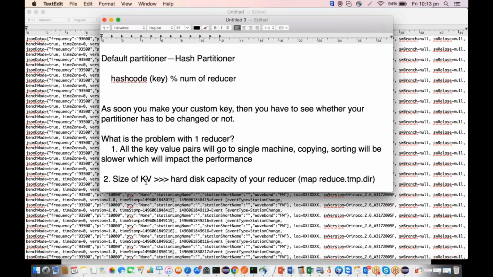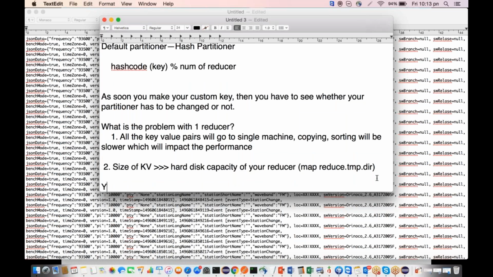I have taken a very hard case. You can increase your temporary directory size, but only up to your hard disk capacity. I've just taken the hard disk capacity to emphasize that you cannot go beyond the hard disk capacity of your machine. So if the size of the key value pairs exceeds the hard disk capacity of your machine, you might want to load balance your key value pairs by running